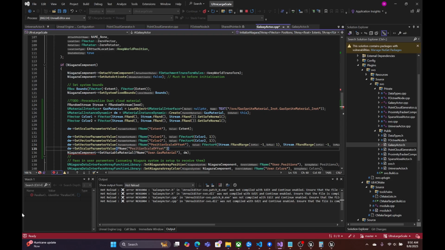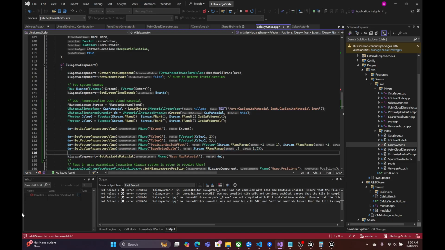All right, here we go. So it's going to be base noise scale. Rand range. For this, we would do maybe 0.5 to 1.5 or something like that, and then